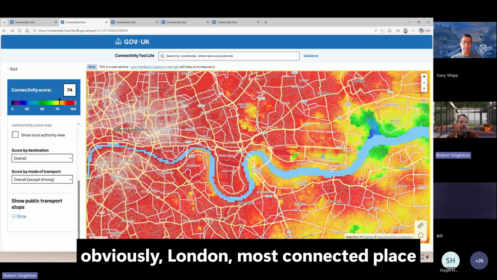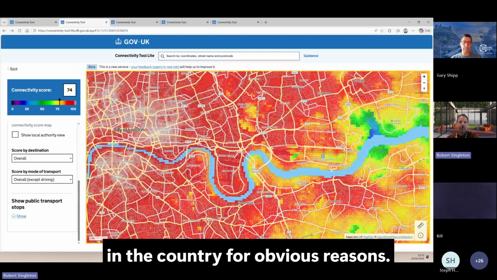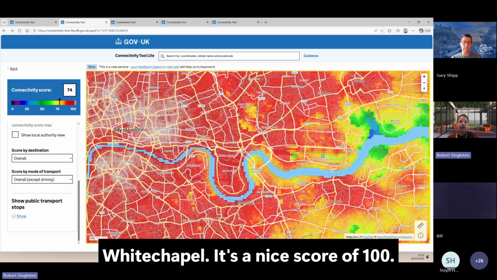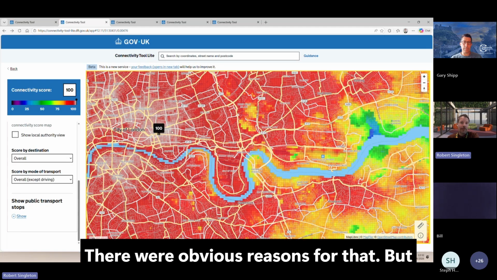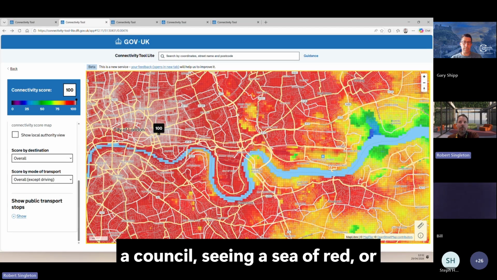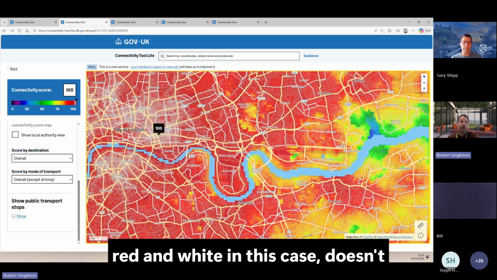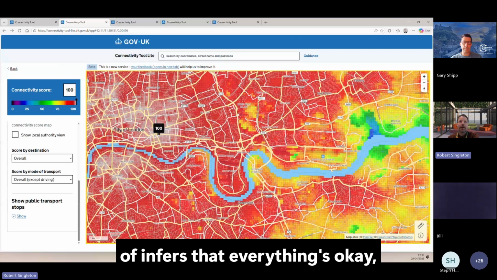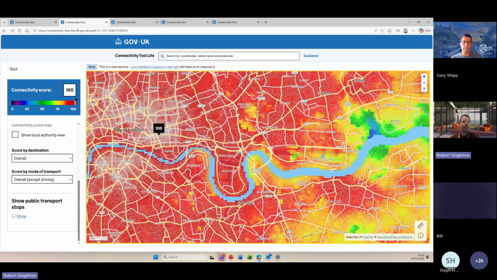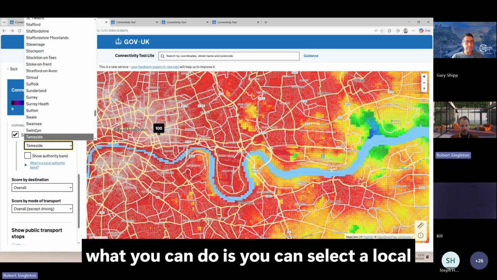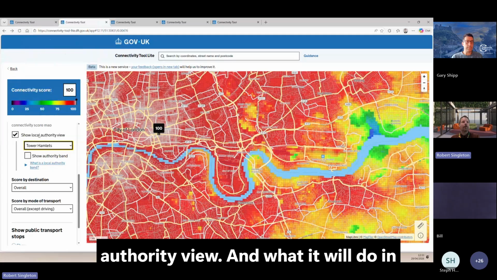Now, obviously, London, most connected place in the country for obvious reasons. Actually, the most connected place is around Whitechapel. Gets a nice score of 100. There are obvious reasons for that. But incidentally, if you are Tower Hamlets as a council, seeing a sea of red, or red and white in this case, doesn't really help you that much because it kind of infers that everything's okay, or you can put anything anywhere you want. So what you can do is you can select a local authority view,